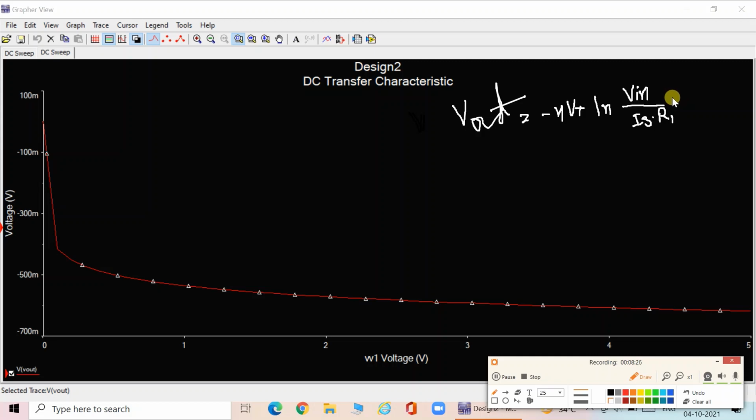So what we are going to do, I am going to take a differential one. So first V in 1, first V out 1. Similarly I am going to take another V out.